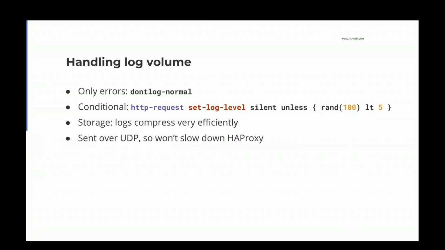You have the option of adding dontlognormal. If you put that option in a frontend, then requests that terminate normally, in other words, ones with hyphens for the first two characters of their termination state, will not be logged. You can set a conditional to only log based on a condition. In this case, a random number, only logging if a random number is less than 5, to log 5% of the requests to the log, so you can get a log sample without having logs for every single request, which can be combined with other